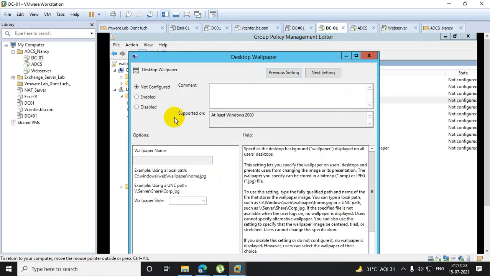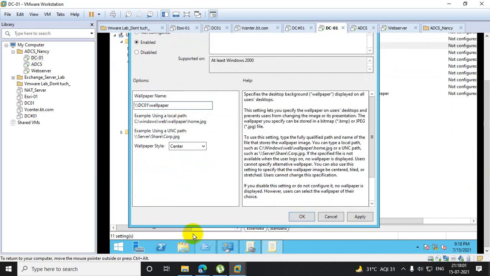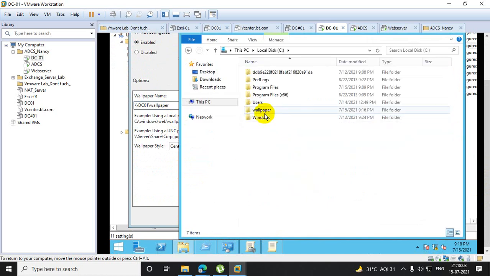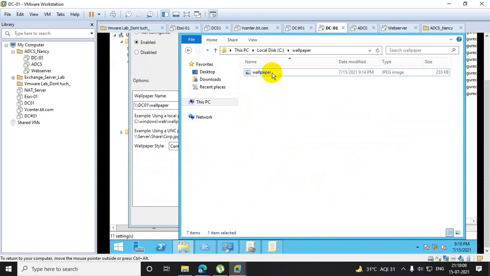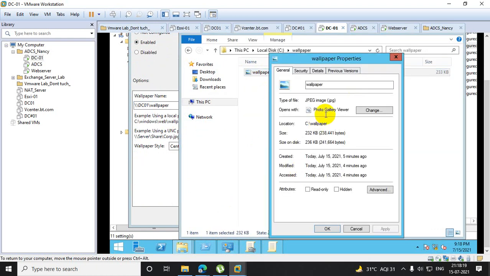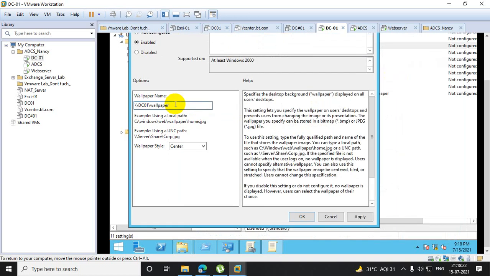Click on this, click on Enable, and now paste your wallpaper name. And not only the name, you have to mention the file as well. Keep it in mind: if you paste only the wallpaper name, the policy won't work. So you have to mention the name as well as the extension, that means .jpg. Clear?